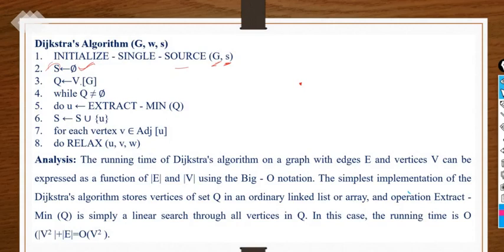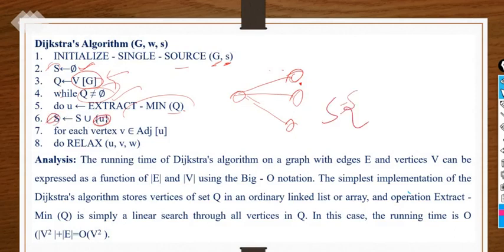We have to reach up to the queue, right? So next, we have to choose a vertex from the various vertices given in a graph. We have to choose from the queue here and check the condition, whether it is null or not. If it is not null, then you have to extract the minimum. If there are lots of adjacent vertices available, say these are the three adjacent ones, you have to extract the vertex u from the queue with the minimum edge weight. After extracting it, you add that as the selected vertex u into the set S, the set of vertices, right?